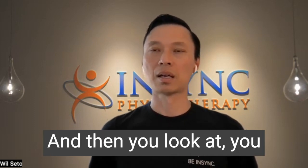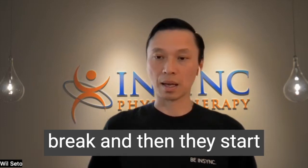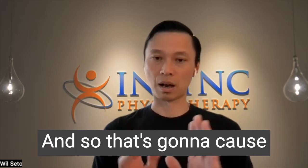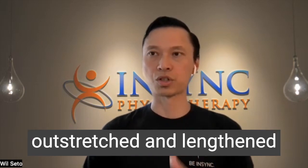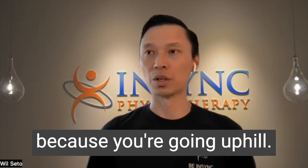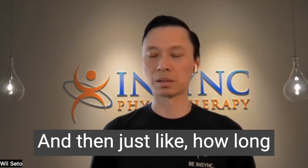And then you look at other factors. Even if you are an experienced runner, which we do treat a few, they take a break and then start training again and maybe do some hill training. That causes more stress and strain on the Achilles, just the overloading of it. You're always in that motion where it's more outstretched and lengthened, and you're loading it more because you're going uphill. So that combined with intensity and frequency of workouts and runs,